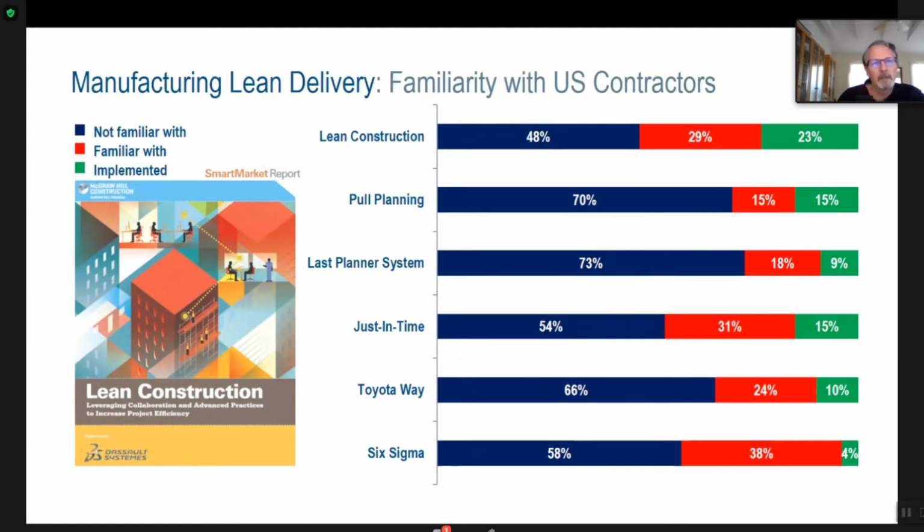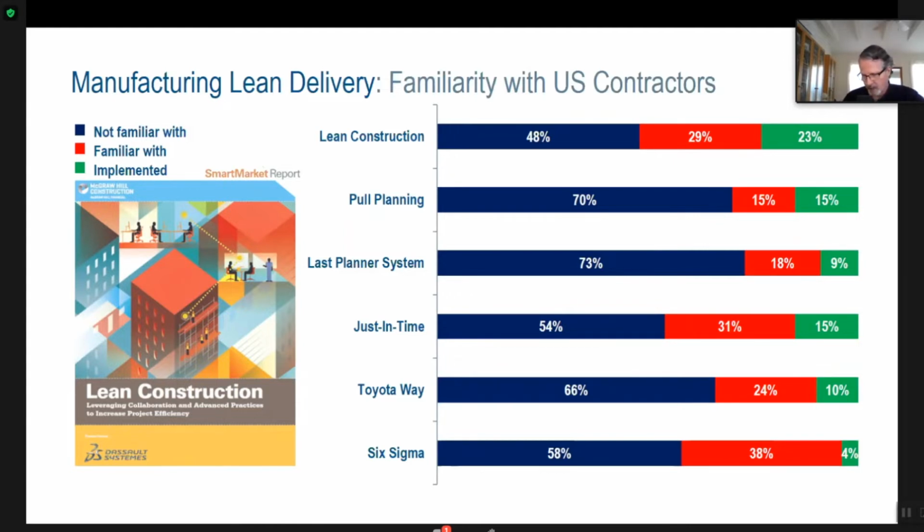This is a survey we did about 7 years ago with McGraw-Hill. It's still available if you want to look up this Lean Construction Smart Market Report. It's a free PDF you can download. To net it out, we asked about 150 general contractors and subcontractors in the U.S. about their lean practices. And we had different reporting on different levels, but the way I netted out is that only about 8 or 10% of U.S. contractors used any real lean practice that resembled manufacturing at all.